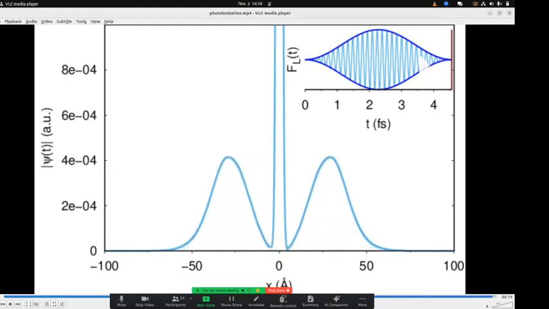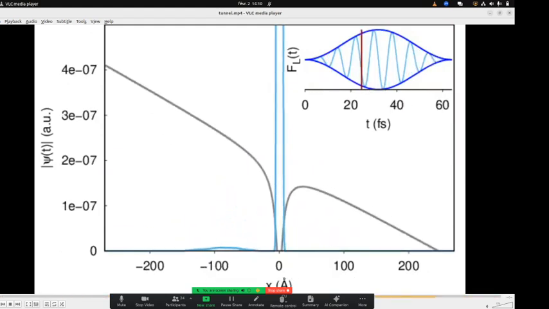Now, if I increase the intensity of the light and if I reduce the frequency so that now the photon energy is not high enough to ionize through one photon absorption, the behavior is very different. And here the photon frequency is so small that actually the time scale of the field oscillating is very long, very large compared to the time scale of the electron dynamics. So it makes sense to look at the instantaneous potential that the electron feels. Here it's represented in gray. To understand a bit what the electron feels, because it moves very fast compared to this dynamics.